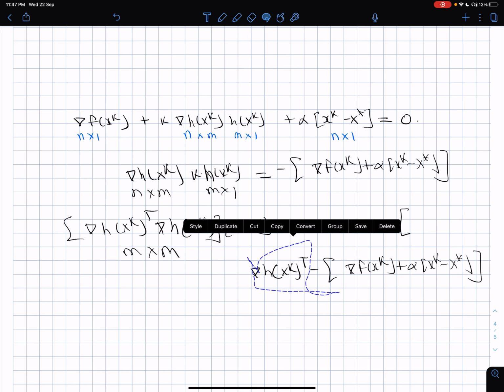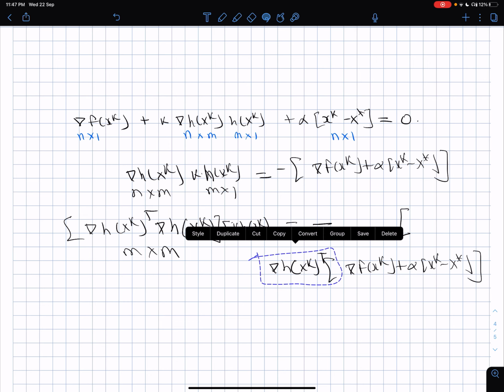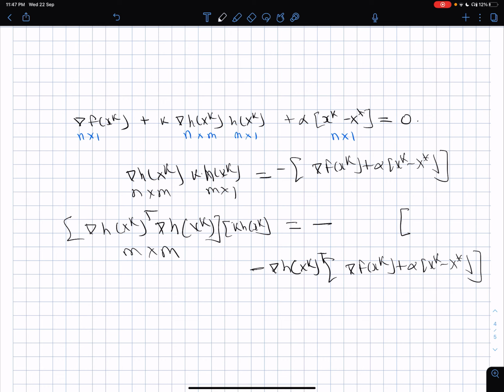This is not easy. I have to first rub this. Sometimes small things you want to do become messy, but this should do. Minus I will take here, and I'll take this here. So basically what did I do? I multiplied the transpose of this matrix on the left hand side here, transpose on the left hand side here, and I wrote like this.